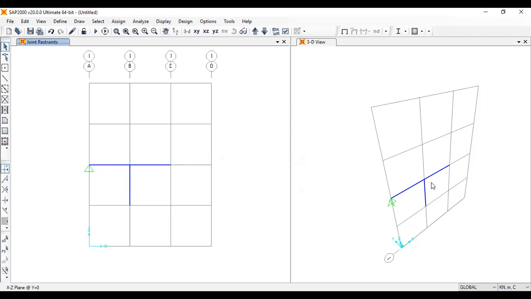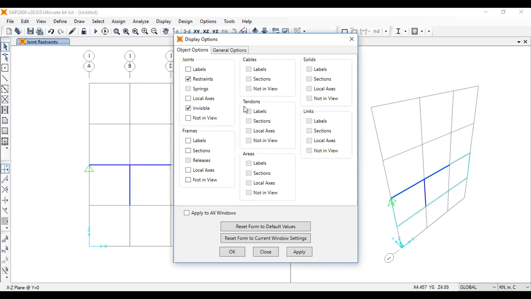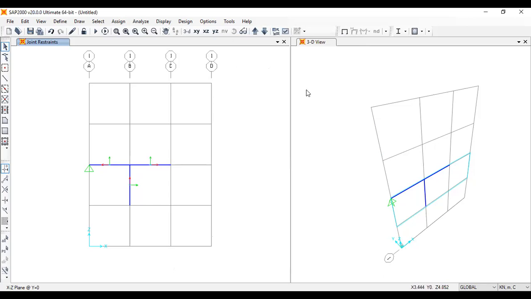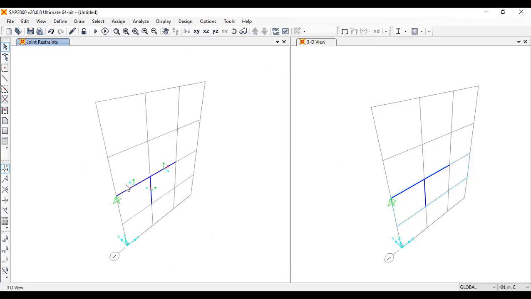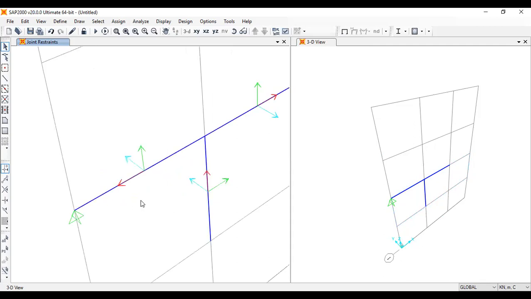Always the longitudinal axis is the first axis. If you want, you can see this from the display options. We need the elements, frames, and you can take local axis. You need frames, and to see their local axis, just get the 3D view. Can you see? The local axis is always along the member, and that red one